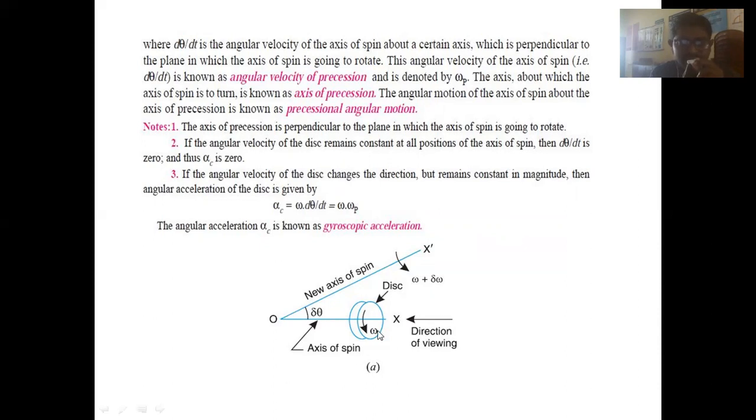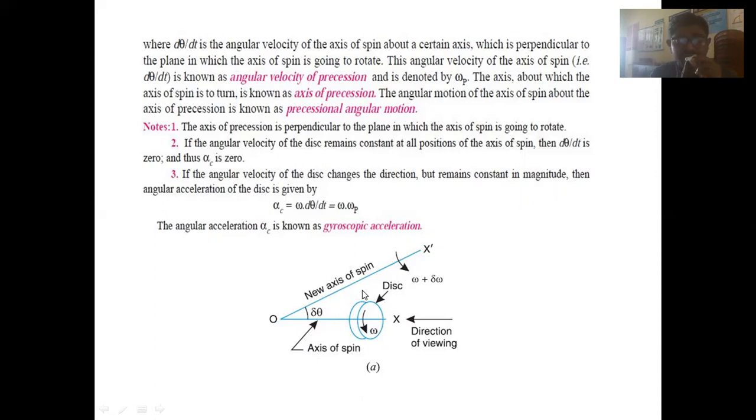So if I observe the next slide, then what I conclude is, from this diagram, you see this is the disk. The disk is rotating with an angular velocity omega. Whenever a component is rotating, definitely it has to rotate about an axis which is perpendicular to the plane of that disk, or whatever the rotating component is. It means here the disk is rotating with an angular velocity omega about an axis OX. This axis we call the axis of spin, and this has an angular velocity omega. Later, this axis of spin is also rotating.